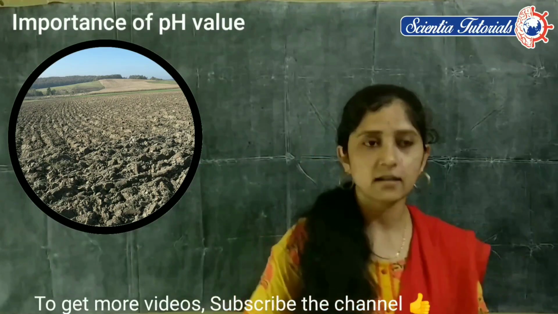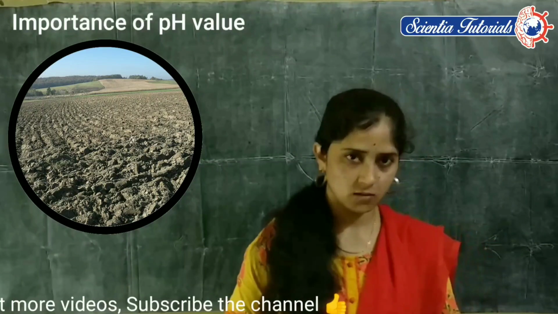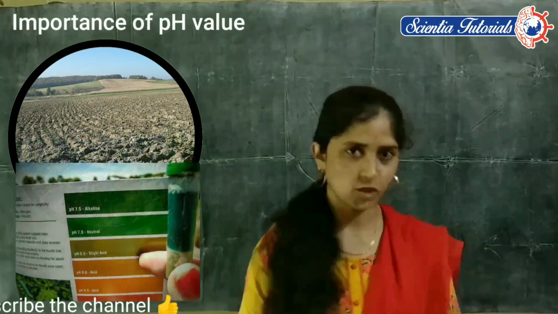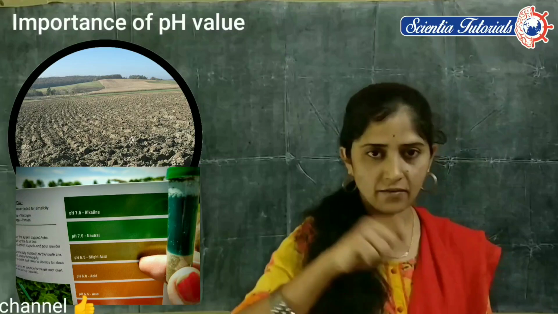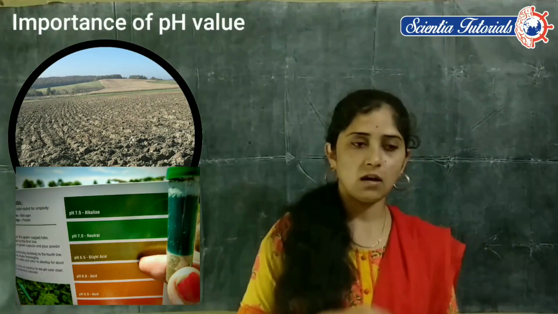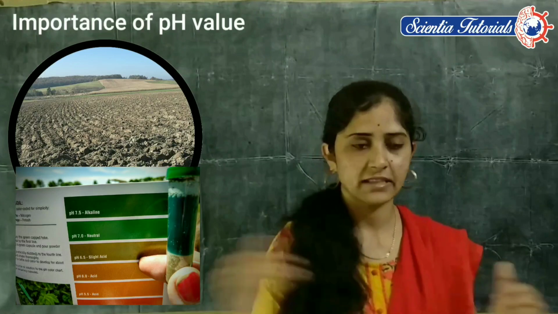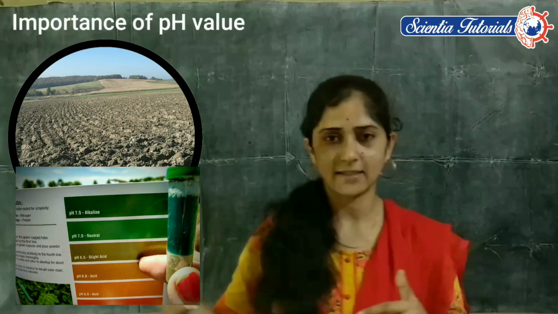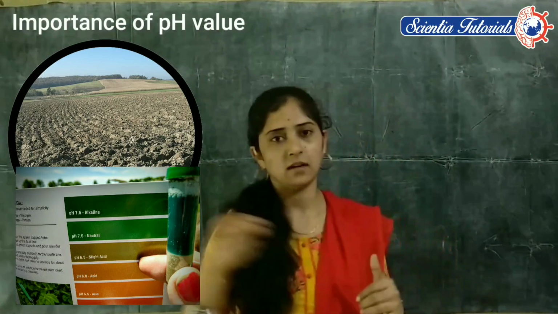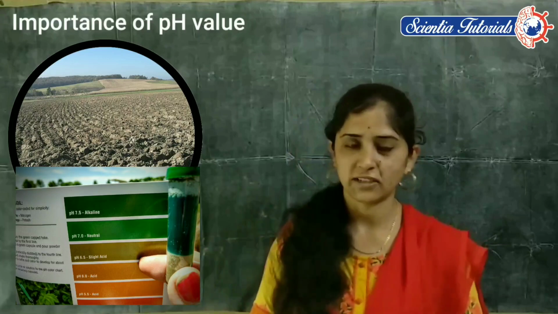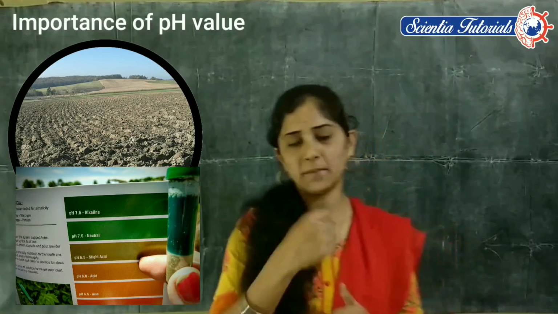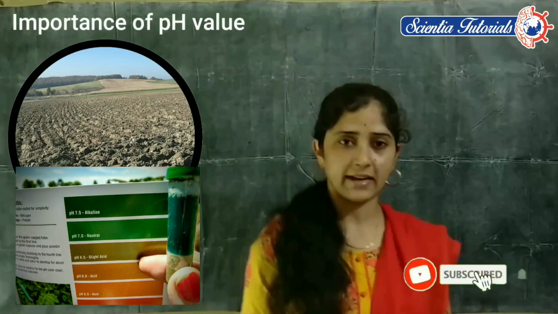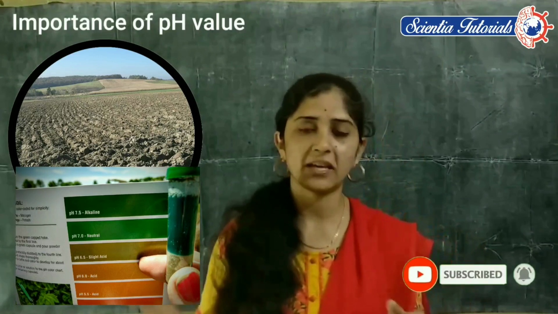So how do we test the pH value of the soil? We take soil from different regions and put it in test tubes, and we add some water. After adding, we stir well those 3 test tubes. Say you brought 3 different regions' soil, kept it in test tubes, and added water to all 3. Then you mix well, and after that you filter it. Whatever filtrate you get, we test with a pH paper.